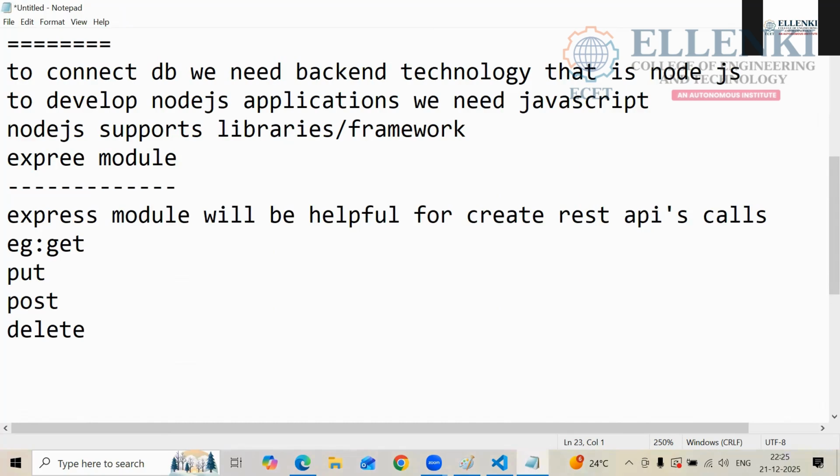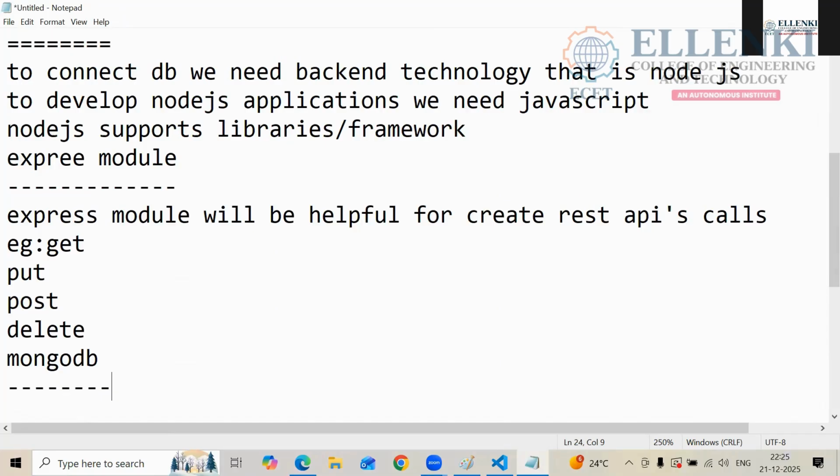And the second module is the MongoDB module. This is the module that is the database. Is it clear to everyone? This is the part of Node.js. Okay, that MongoDB, this MongoDB is another one. Whatever the data we are writing in this Node.js, that one will be connected with the MongoDB, right?